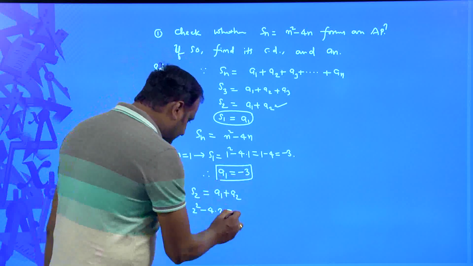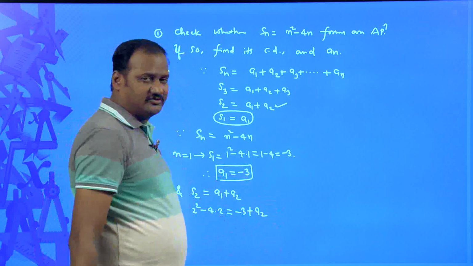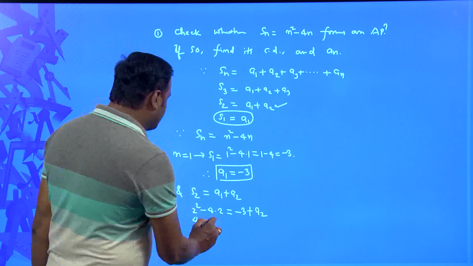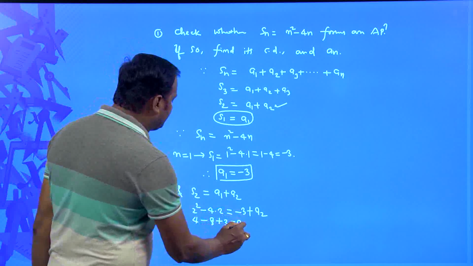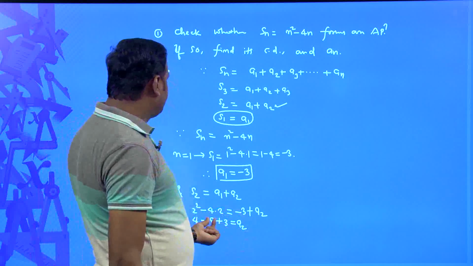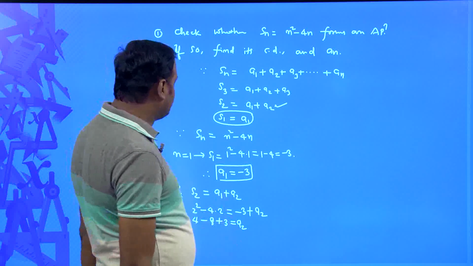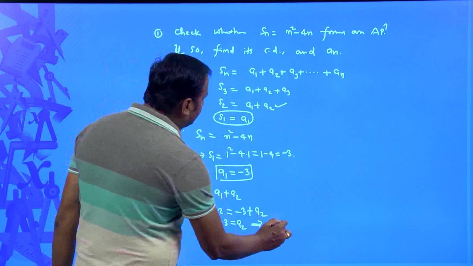A1 is equal to minus 3 plus A2, which I do not know. So, 2 square is equal to 4 minus 4 twos are 8, minus 3 would be plus 3, is equal to A2, correct. So, 4 plus 3 is equal to 7, 7 minus 8 is equal to minus 1. Therefore, I would say that the second term is equal to minus 1,